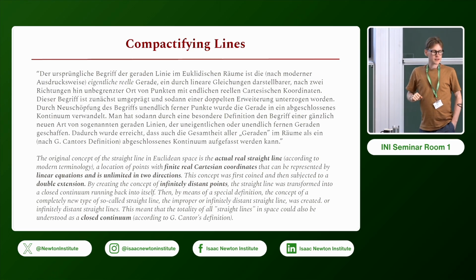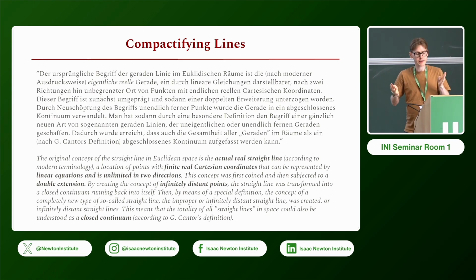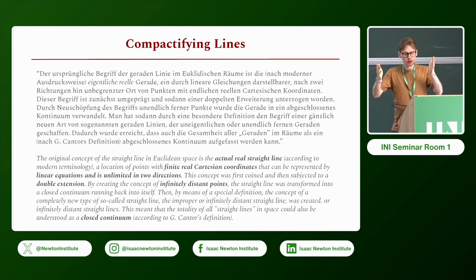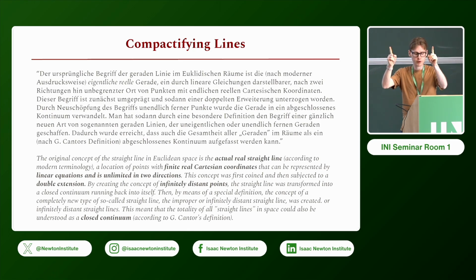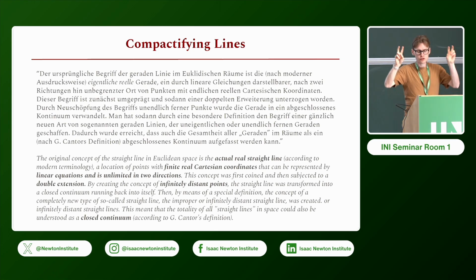And so the problem being that if you want to say anything about the lines in space, you run into exceptions, into problems. So for instance, you can't say, or just even think of straight lines in a plane, you can't say that two straight lines always intersect because you can have two parallel lines. So you add a point at infinity to be able to say that straight lines always intersect. And similarly, adding the point at infinity is a way of turning the straight line into what he calls a closed continuum. And that's a price to pay.